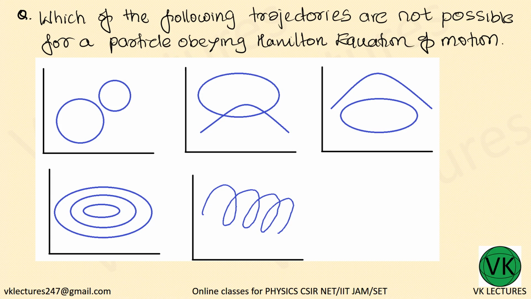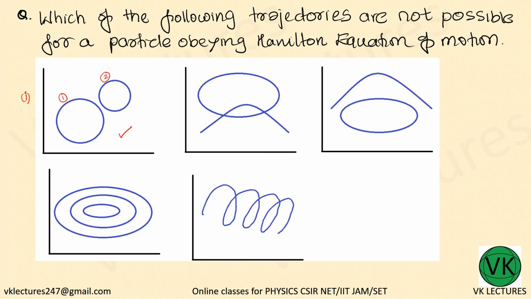Here is one question regarding the phase space trajectory. Now the question is, which of the following trajectories are not possible for a particle obeying Hamilton equation of motion? Now take the case of the first one. Here it is not intersecting. The phase space trajectories here are for two particles, or one particle with two different energies, but usually it is for two different particles. So they do not intersect,